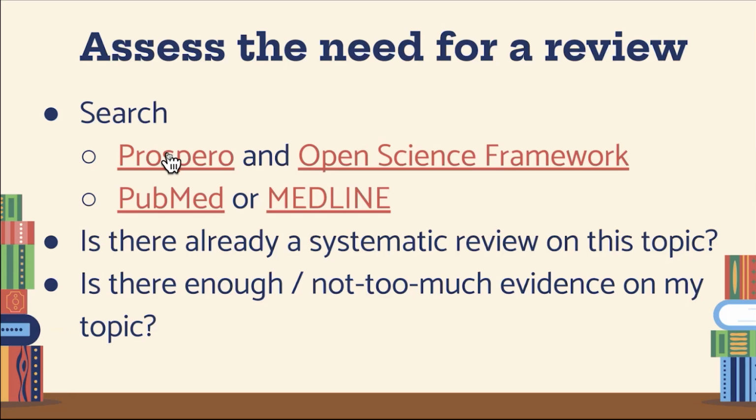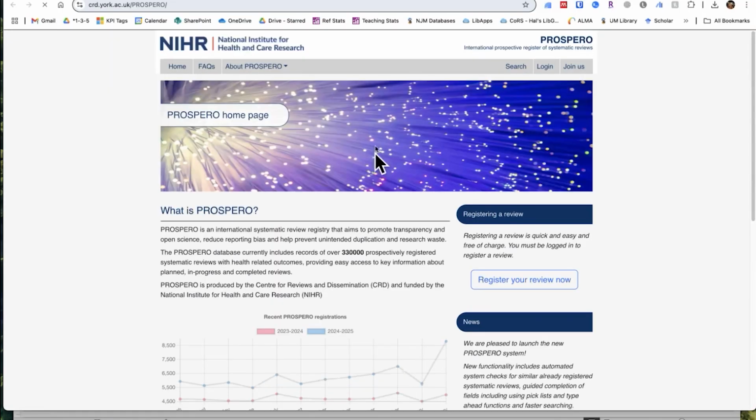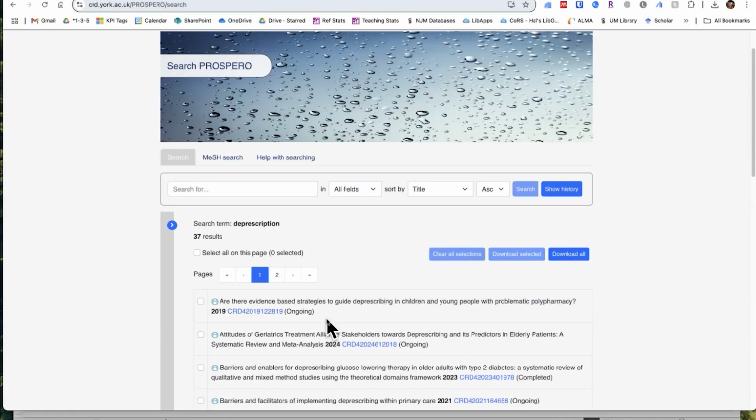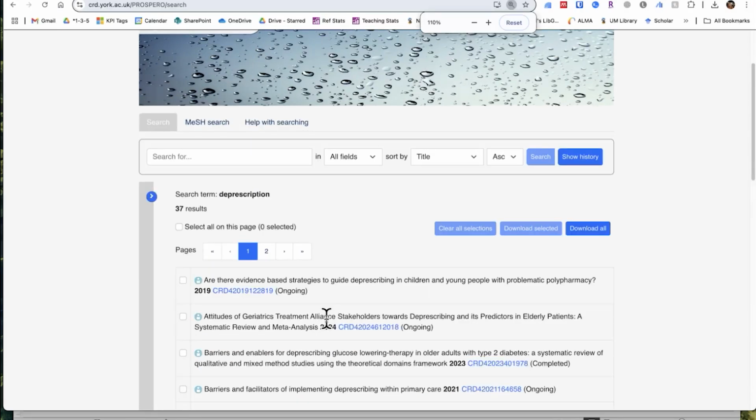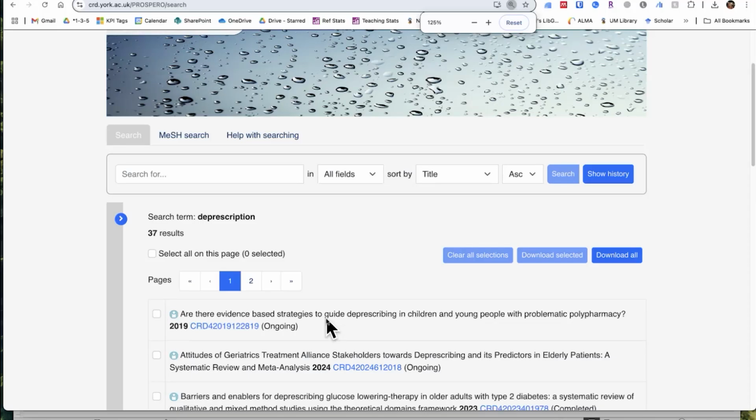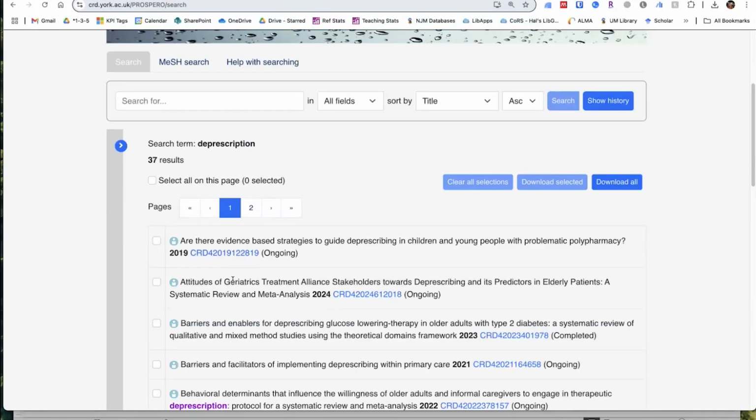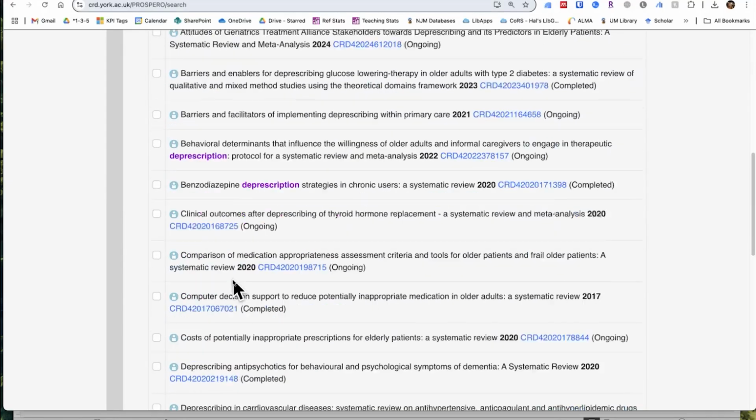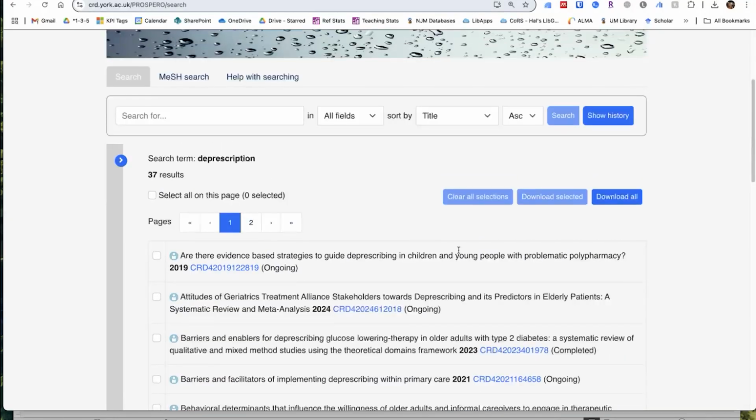One of them is Prospero. So you can search very easily through Prospero on different topics. So let's just say I want to look at, well, let me put in something I've been working on, which is deprescription. I could go in and see all of the systematic reviews currently underway on the topic of deprescription. It will also show me which ones are Cochrane reviews. It looks like none of these actually are,